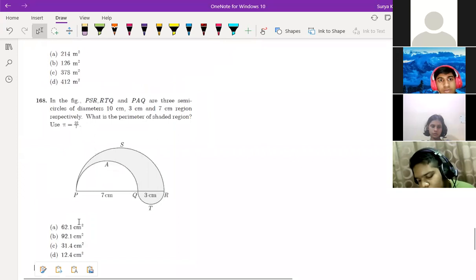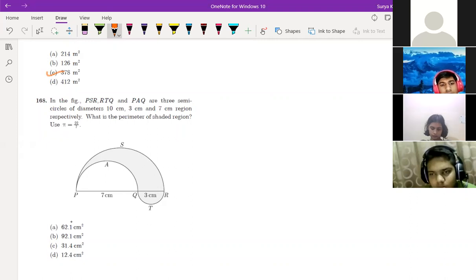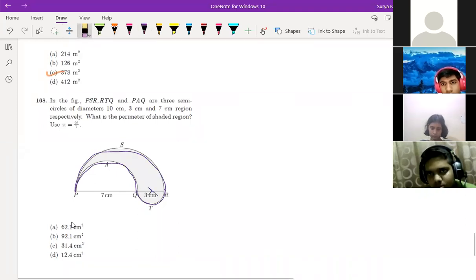See, next question, all of you do. There are 3 semicircles over here. Can you see that? Yes, sir. You have to find the perimeter of the shaded region. Perimeter you should find, don't find area. So many children started finding area. Remember this kind of perimeter, okay? Just try to understand over here. This is the perimeter of this circle, again the perimeter of this circle, and the perimeter of the bigger circle. This line will not come into the picture. So only the boundary of all the 3 circles is nothing but the perimeter.